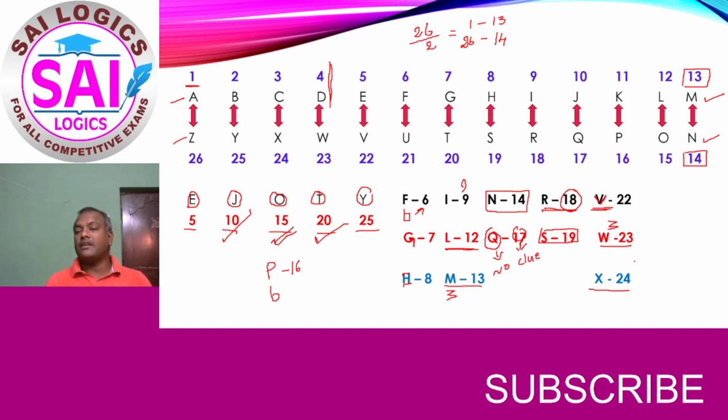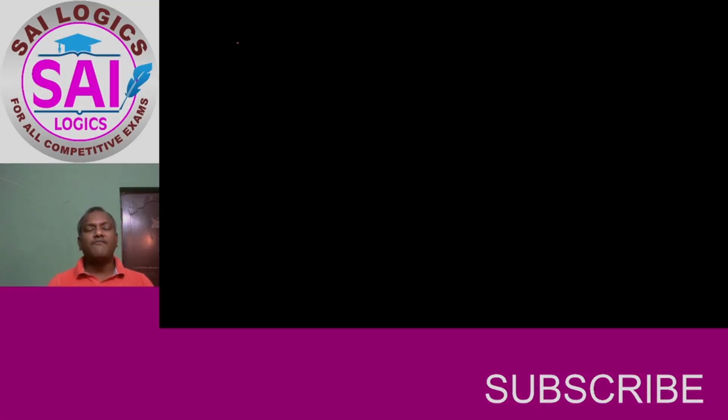NDTV, if we observe, will be written like this: 24 into 7. So likewise, you can remember that X is 24. And Y in HOT, we can understand it is 25. And the last one is Z, that is 26. So like this, if you spend some 1 to 2 minutes, we can very easily learn and remember the values of alphabets. For alphabets, there are certain rules or properties as far as reasoning is concerned. Those are to be learned and understood.